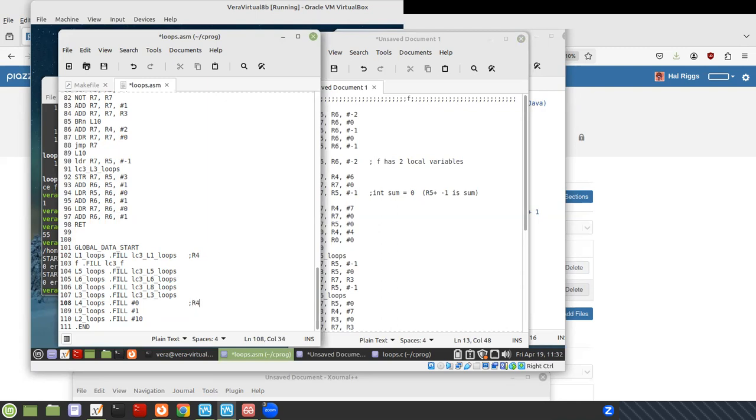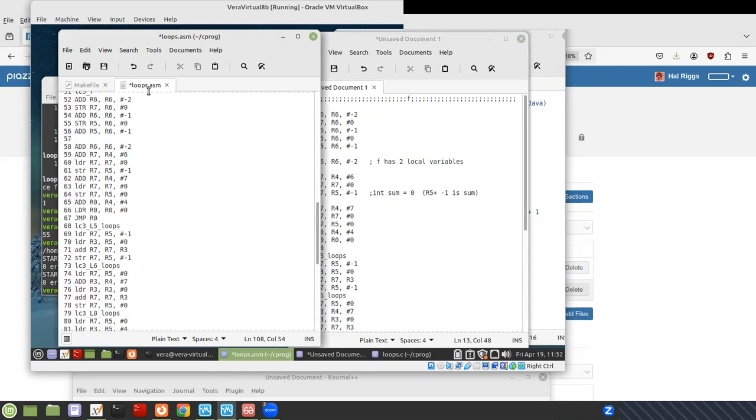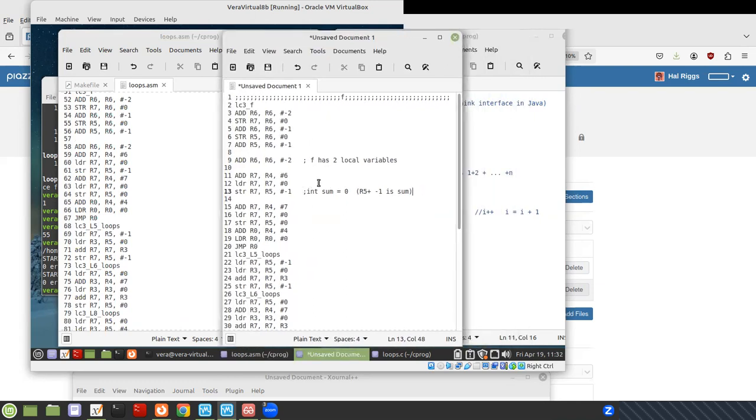This is R4 plus 6, the address of 0. Okay. So this gets the 0. So that means